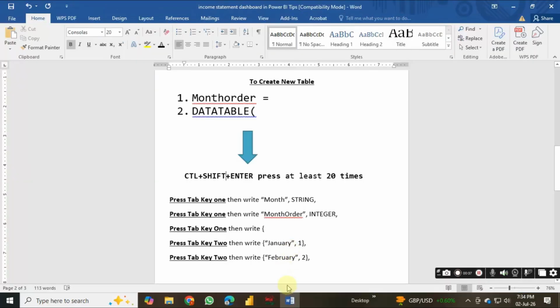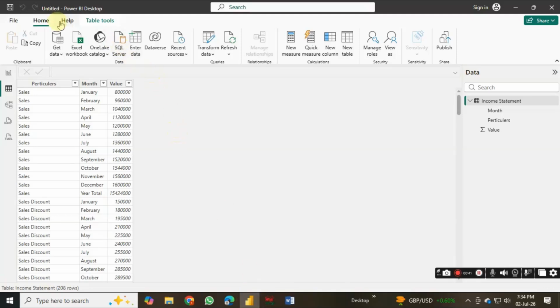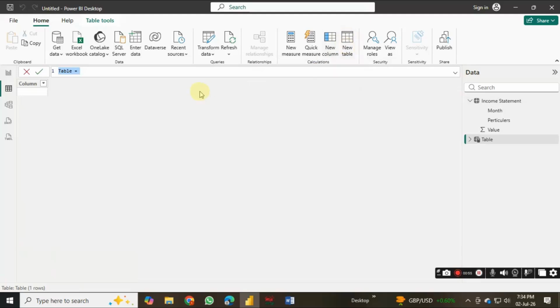You go to the table view and then click new table. Write a DAX formula. Okay. Then you write the column name, month order